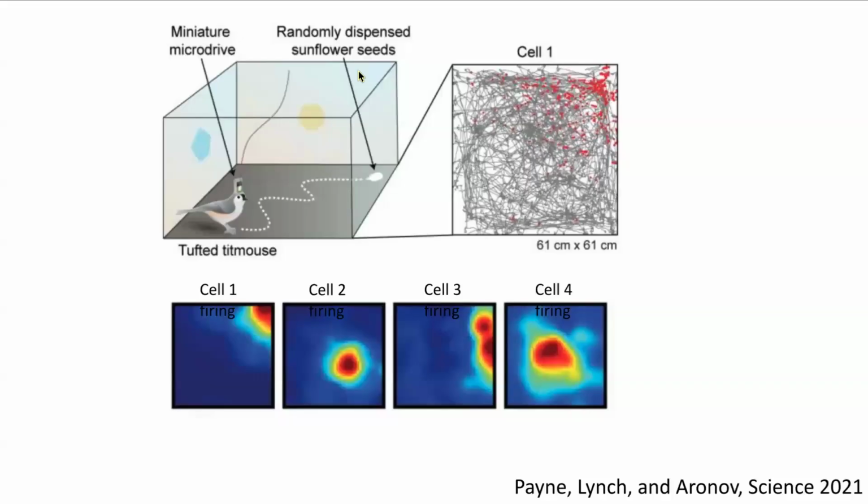And just to get into some striking examples that got me into focusing on the environment, I did my postdoc in the Aronov lab, as Ching mentioned, and for those of you who have recorded place cells, this is a bird. Often you see place cells in rodents, but the animal is moving around in an arena with a trajectory that looks like this. And you really want them to be moving to cover the full space of the arena so that you can see them going to each place repeatedly and get things like firing patterns in that corner for a particular place cell. And